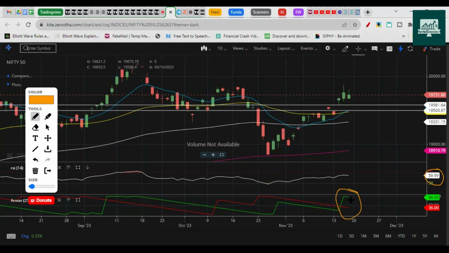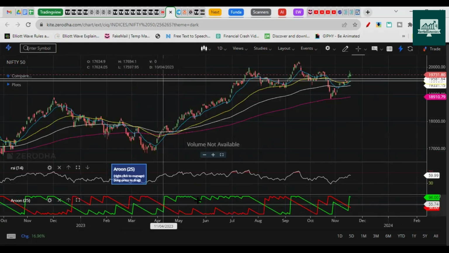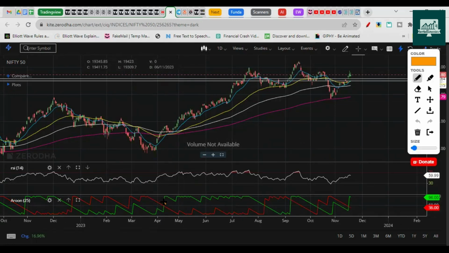Aroon indicator is on a bullish crossover. Here it gave a crossover and it's trading in bullish territory. Last time it was trading in a bullish zone near this area. After it gave the bullish crossover here, it traded with smaller moves, yet a continuous uptrend for multiple days, making Aroon completely bullish towards 70 and 80 zones. Here also there was a crossover, but it did not continue because there was a divergence here. It went sideways and then gave a dip, giving a red crossover here.